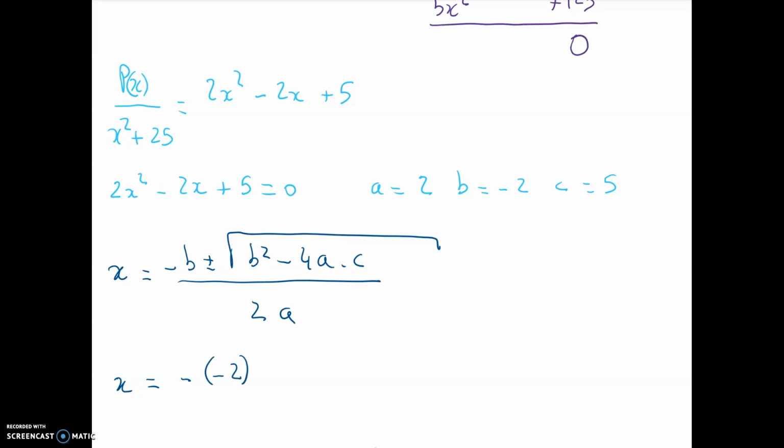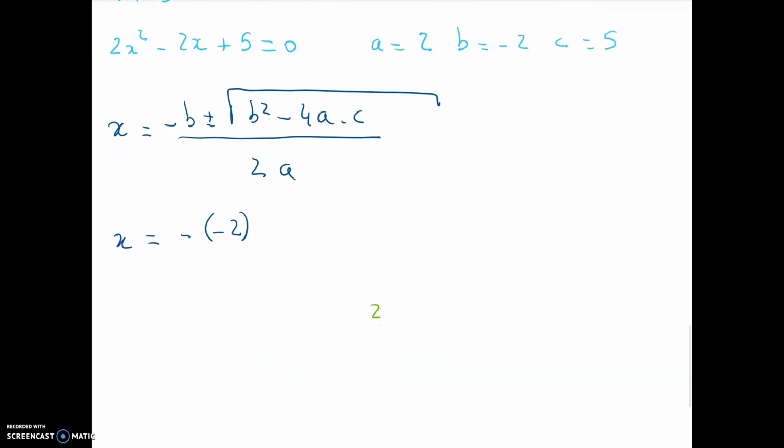You will notice that I'm using parentheses when I am dealing with a negative number, plus or minus the square root of b squared, so negative 2 squared, minus 4 times a, it's a positive number, I don't need to use the parentheses, multiplied by c, it's a positive number, no need to use parentheses, divided by 2a,